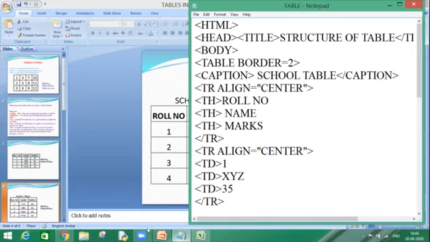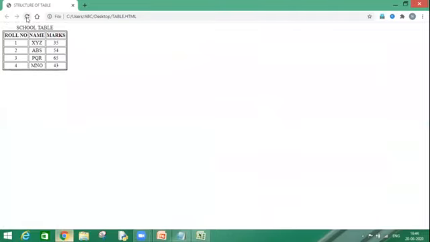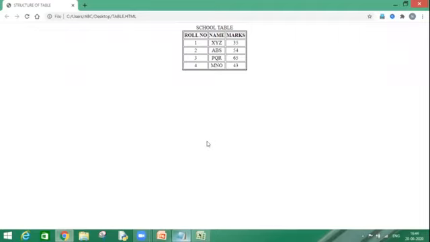Control S. Let's move onto the web page, refresh it, and it will appear like this. Along with it, I can tell you one more thing quickly, that if I want to align my table in the center, I can use the center value in the align attribute. Control S, F5, my table will be center aligned.